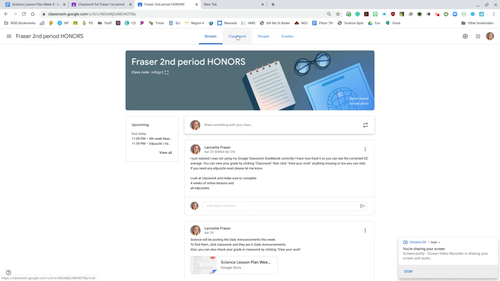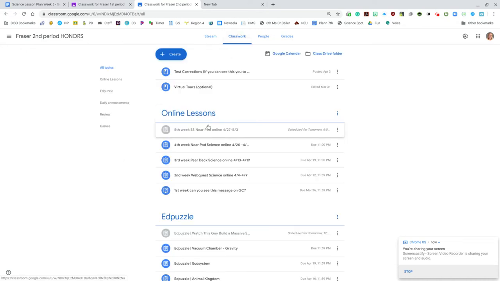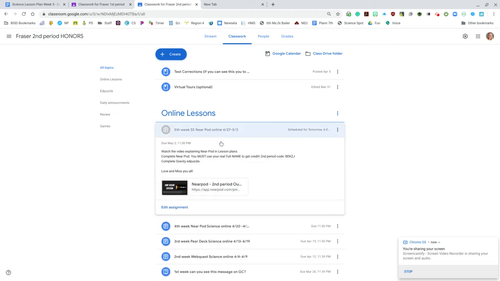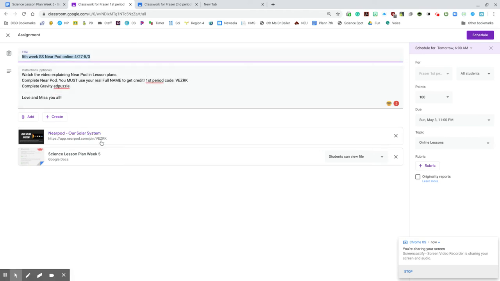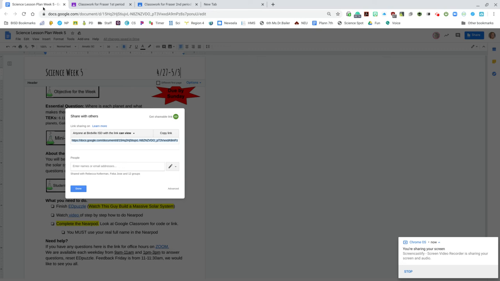To find your lessons, you go to classwork, and under there, you'll be able to see your Nearpod. Now, this is grayed out as of right now because it's scheduled for tomorrow morning, so it will be ready for you Monday morning. Oops, it doesn't have the lesson on that one. Let me look at first period because it does. Here we go. So, with the actual lesson plan, which is here,